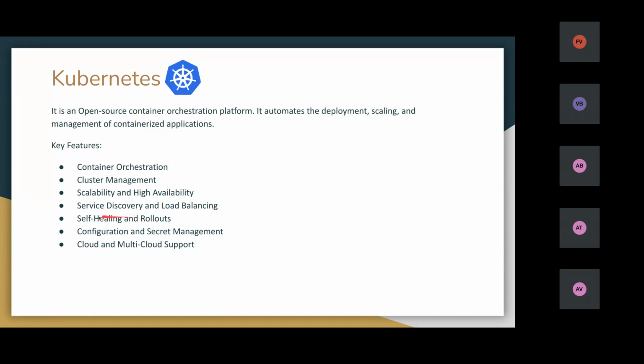And if any service is down, it will self heal and recreate the service. Then there is configuration and secret management, like for passing secrets and passwords. It is a more advanced version of using Docker.